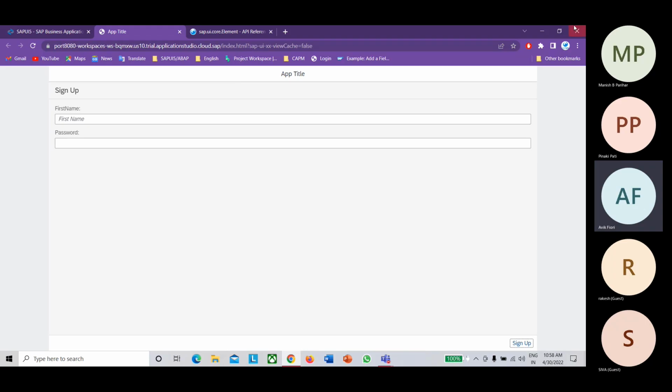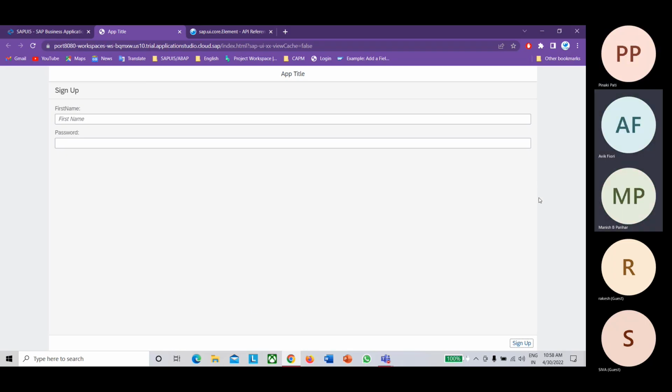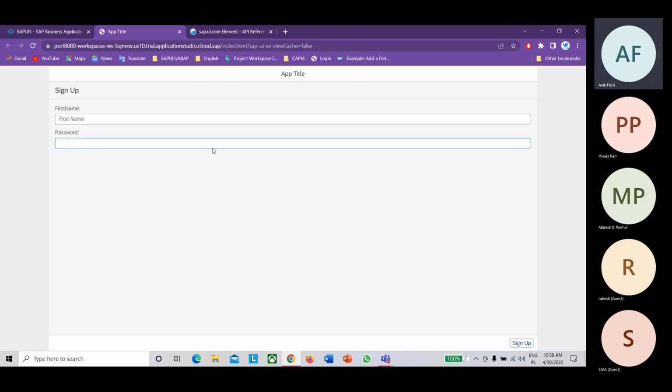See, the on exit method will be called if you're closing the app or destroying the app, independent of views. For example, this is a standalone app which we are running. We are not running it on Fury Launchpad. But in future, you will deploy this app on Fury Launchpad. Once you deploy it, and you click on the home icon, your app will be closed and it will take you to the home page.